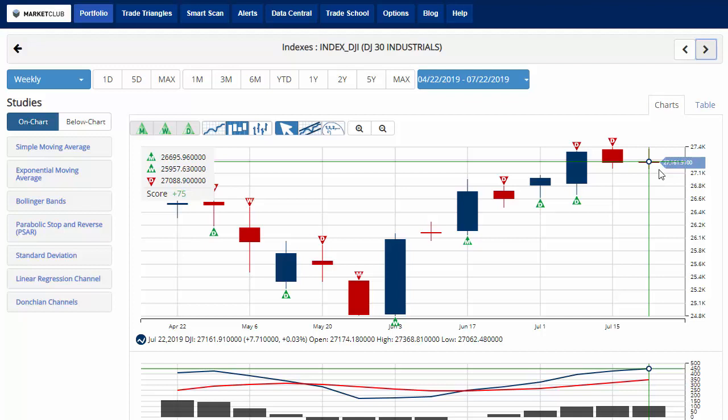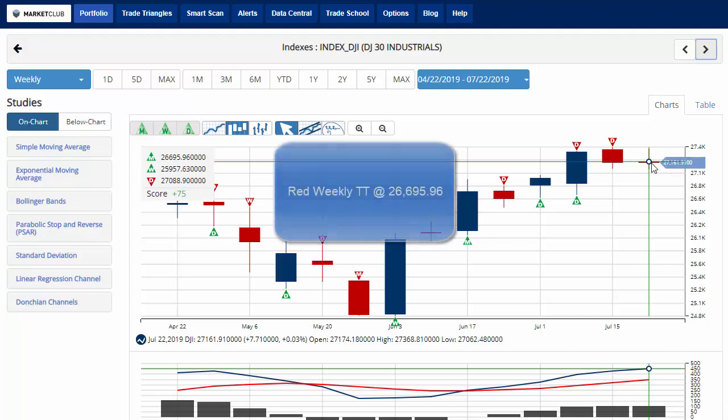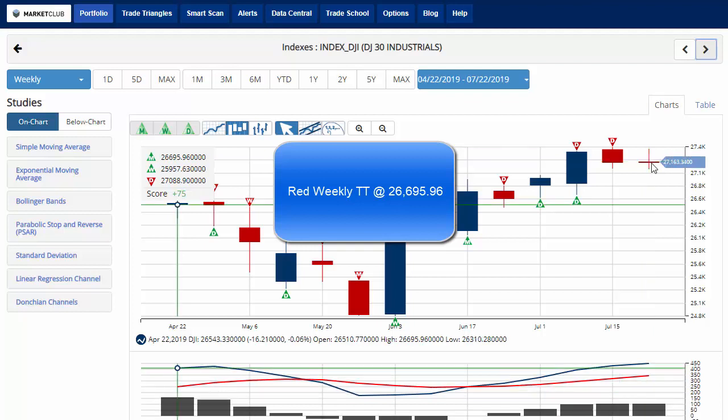NASDAQ, currently posting a small nominal gain, relatively unchanged on the day for the week. Currently chart analysis score is plus 75, indicating that overall we are in a long-term uptrend for the Dow Jones, just coming under some recent intraday weakness. Key level to watch would be 26,695.96. A move below that level would issue a red weekly trade triangle, indicating a move to a sidelines position